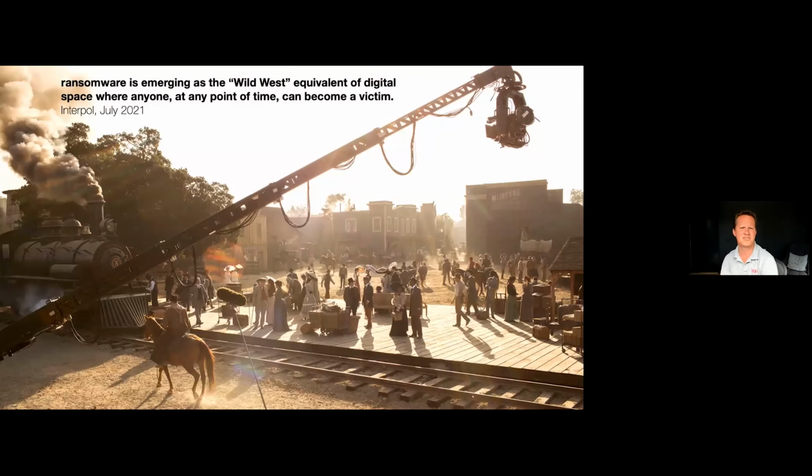It was from last year, but they were talking about ransomware really emerging as what they call the Wild West equivalent of the digital space. And you look at some of the numbers that are being trotted out, it's just crazy. So 2020, the whole year was estimated around 460 mil of payments, and those are the ones